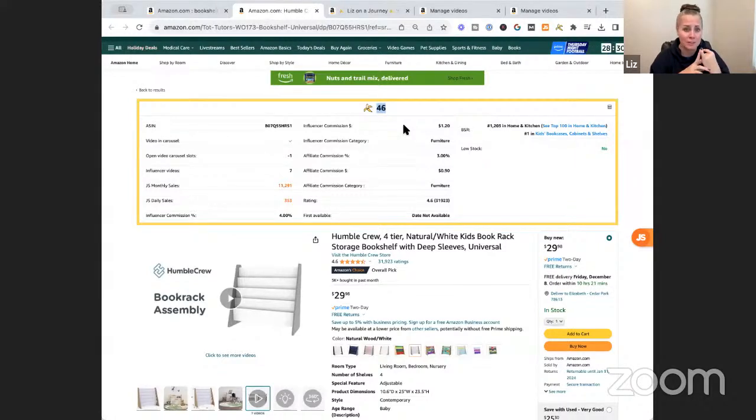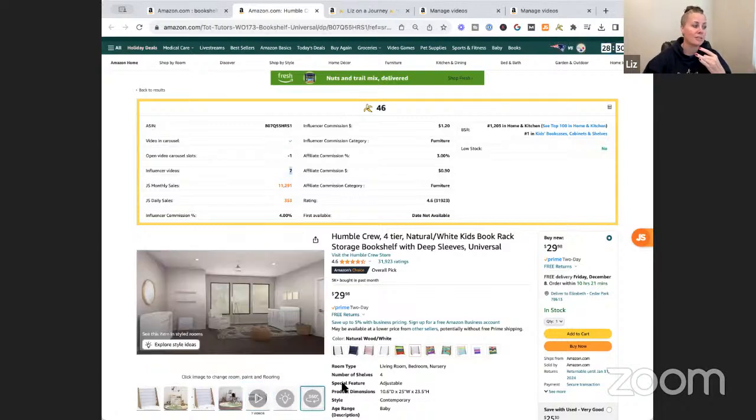If you're doing this manually, look for those upper carousels. How many other influencers are on the product already? This is visualized in a couple of different places, but this number includes not just the influencers in the upper carousel, but also the influencers in the lower carousel. So it's the total number on the product listing. It also includes whether it is low in